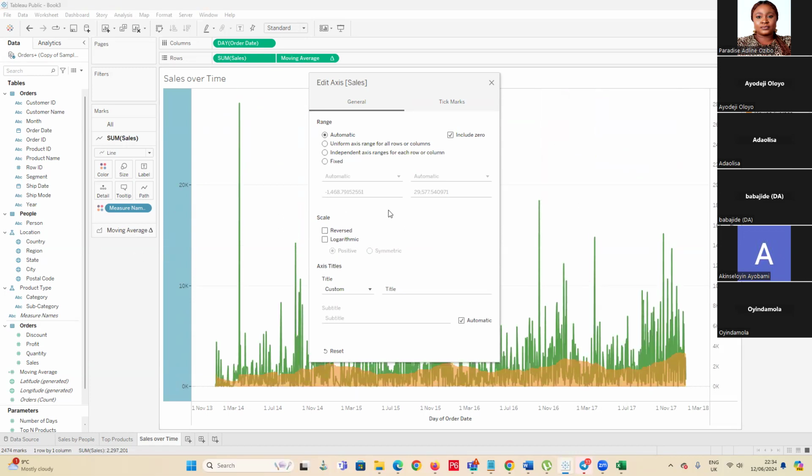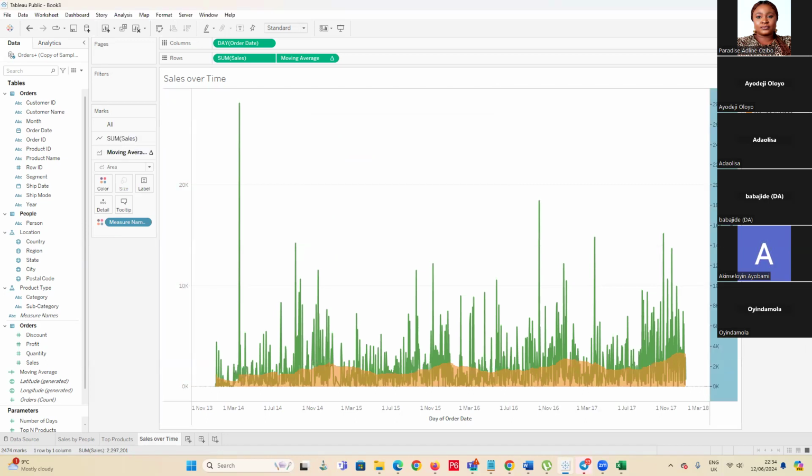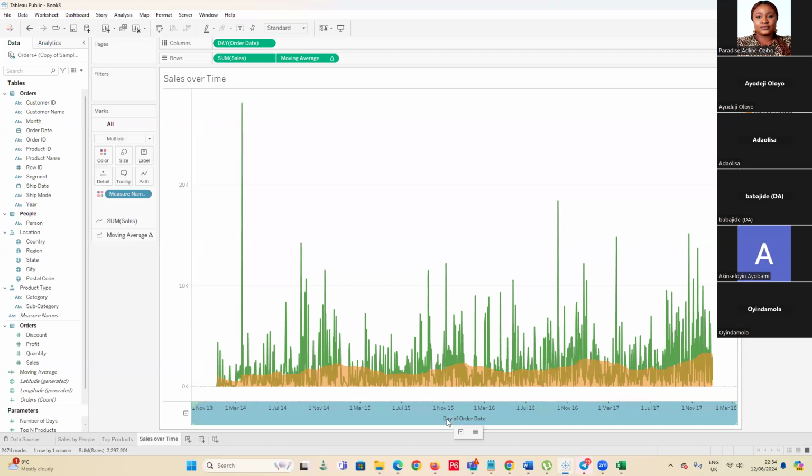Right. We can remove that header, and we can remove all these lines that are making it weird. This one